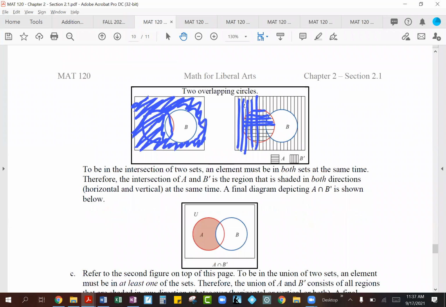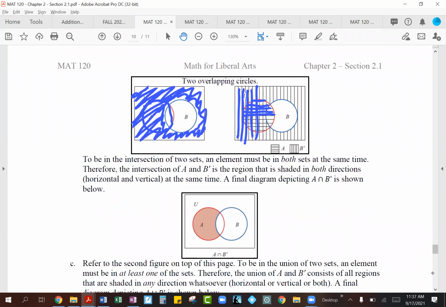So you can see A intersected with B prime, the only place where anything is common is going to be right where the horizontal and the vertical lines meet. So it's going to be right inside of the circle A, but it's not going to include that overlapping region between A and B, right? Because this area here